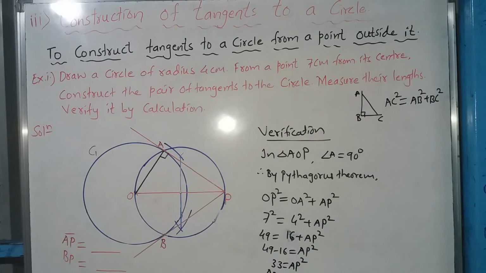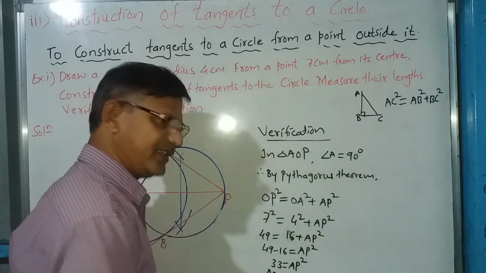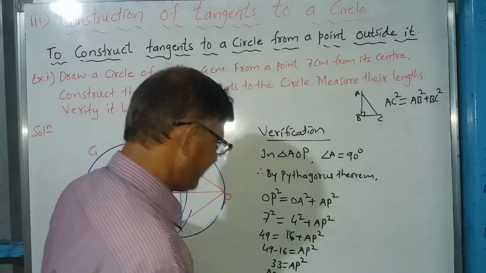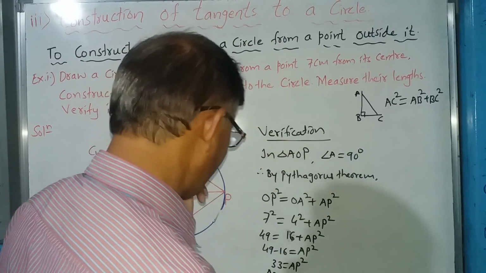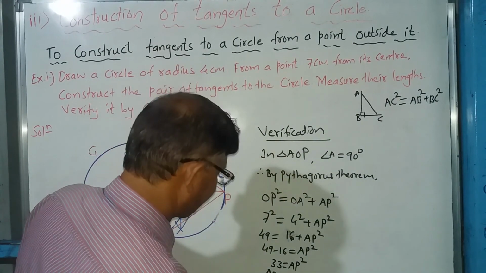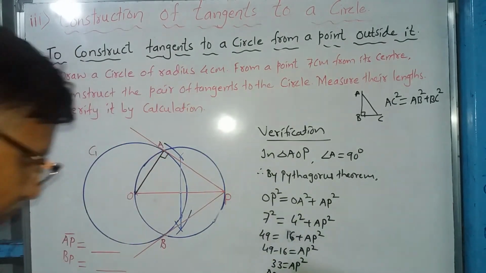Now we have to find the square root of 33. You already studied in 9th standard how to find the square roots of a given number by the division method. And here the square root of 33, if you do it by calculation, you will find it roughly. Let us see here. If you do the calculation,